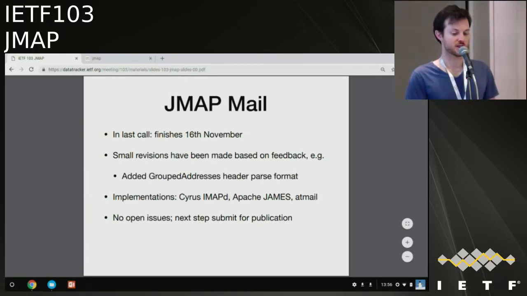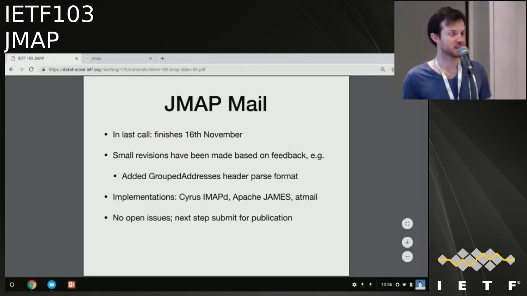Cyrus is the one that's fully up to date with the current spec. The other 2 are based on older versions, but I think we have significant implementation experience, especially for a spec at this stage. Again, no open issues on GitHub, so we're awaiting any final nits and reviews on the mailing list or elsewhere, and then we'll move that on the 16th of November.